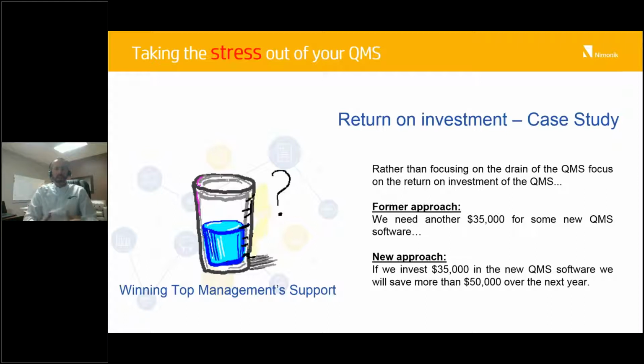So again, top management sometimes, and with our audience here, it doesn't seem to be the case with the 3%. So I don't want to spend too much time. I'd rather focus on some of the other areas that we talked about. But a lot of times, top management, they struggle to see the value of a quality management system because many times the quality management system points out the negativity, points out the problems, points out the missed goals and things of that nature. And we do need to take all of those things into consideration, but we've got to be